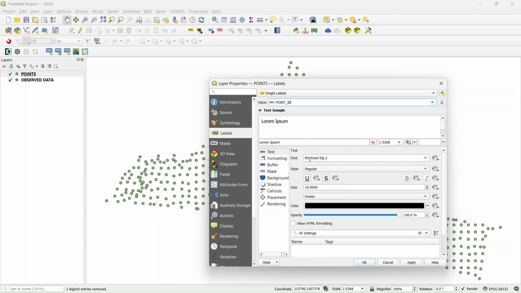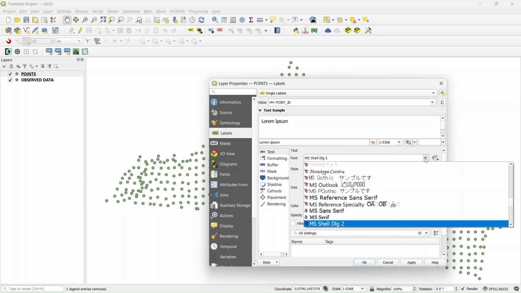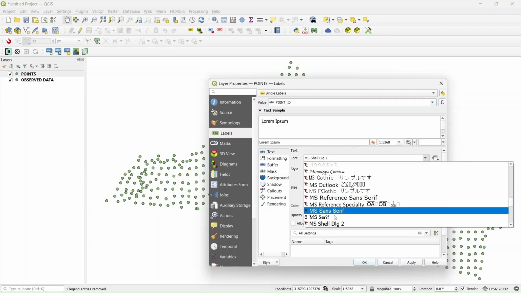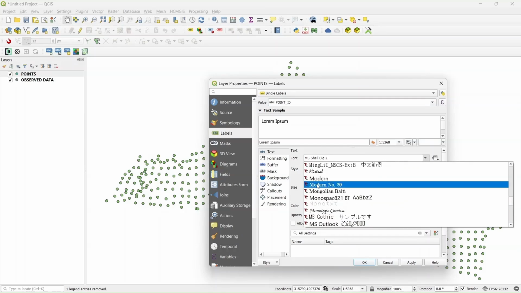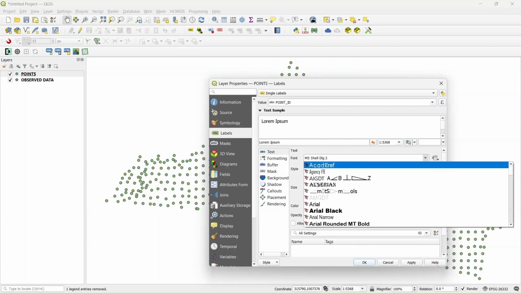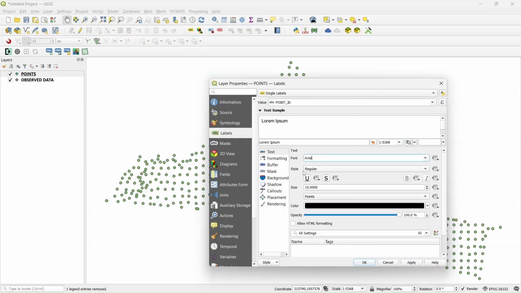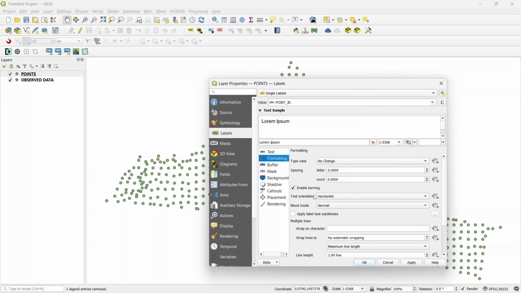We have the font here. You can leave the font the way it is or change it by selecting the drop down arrow and selecting our preferred choice. Let's choose Arial. So select Arial. In the size, you can change the size, you can reduce it or increase it as we want. In the formatting section, you can leave it the way it is, the spacing, the word, the case,